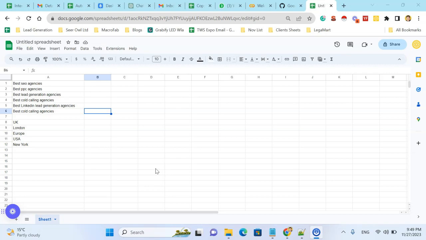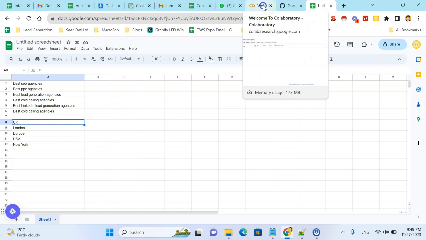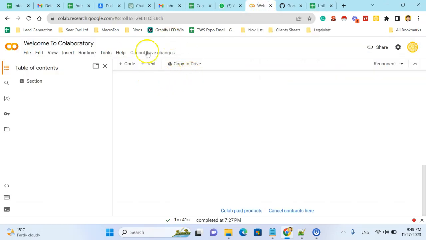Today we will learn how to scrape the URLs from Google SERP using Python without any limitations. So I have a set of keywords according to some specific locations. So let's go to the